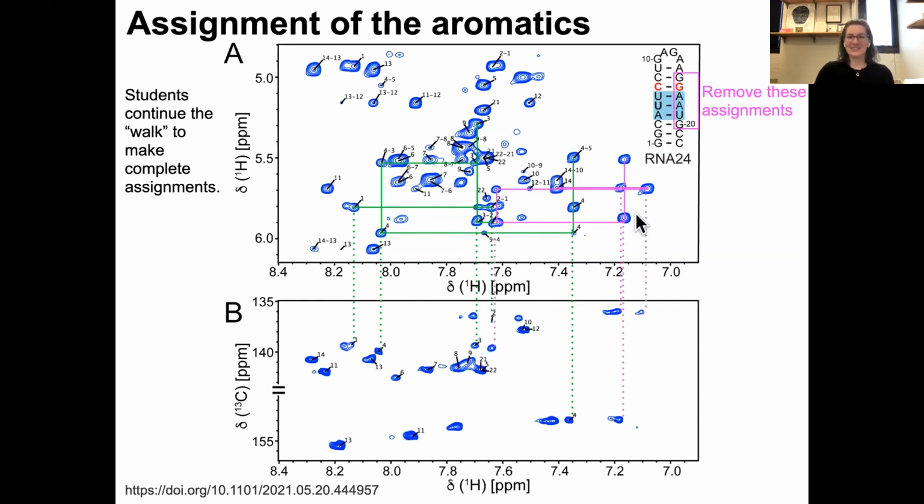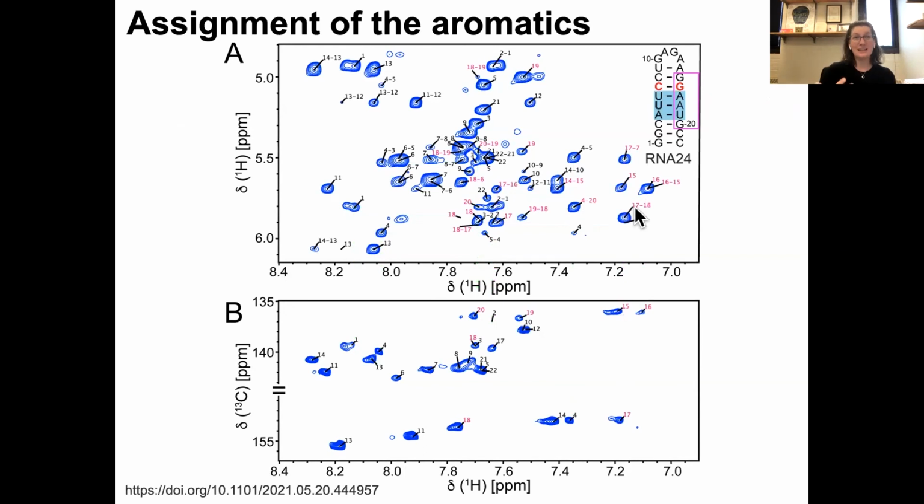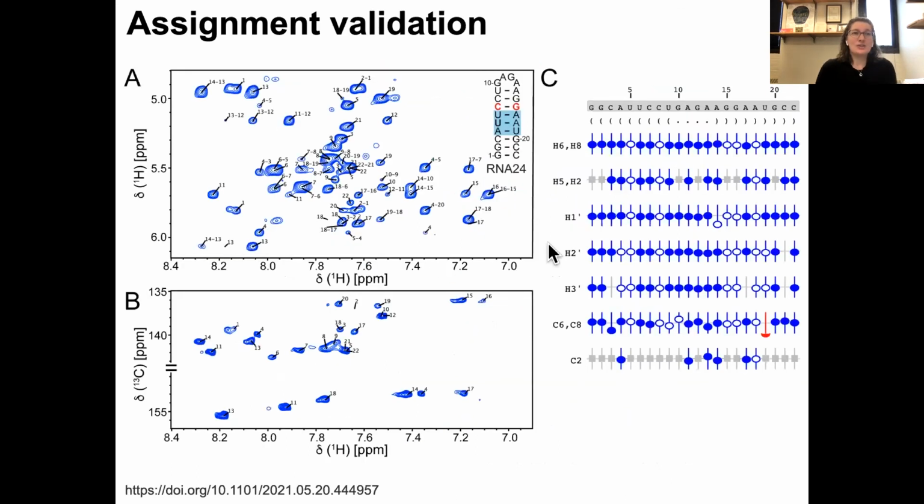Now, at the end of the class period, right, we had a completely assigned data set really for each of these 12 RNAs. We then used NMR-ViewJ to validate our assignments. And again, for simplicity, I'll show you a single spectrum, but we did do this analysis on all of the RNAs. So the assigned chemical shifts for specific atoms in the RNA are presented here